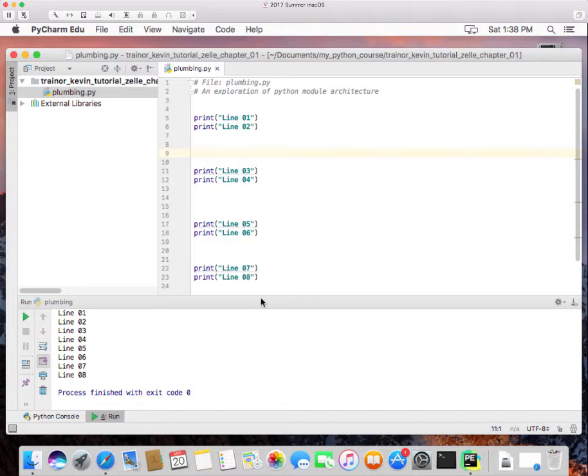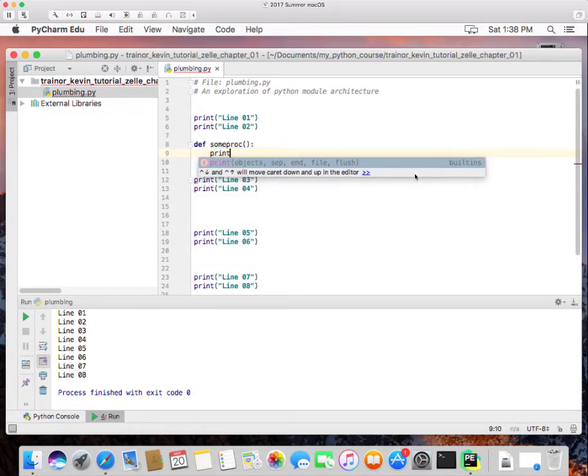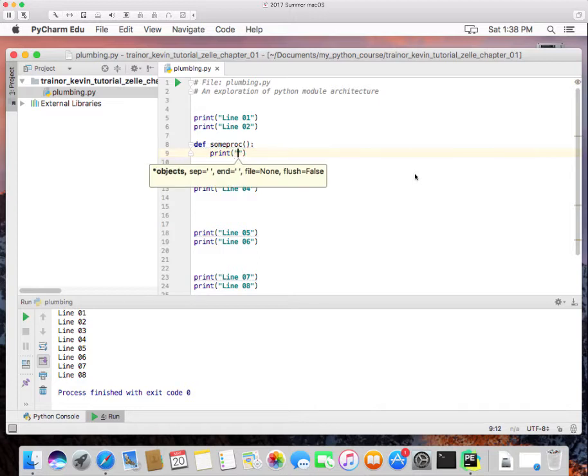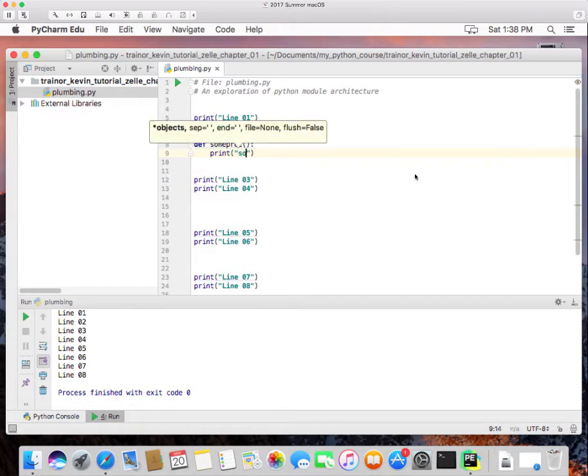Okay, what would happen if I added some procedure in here? Well, what would that look like? Well, let's just do a procedure. Define, def, some proc. It doesn't take any arguments. Ends in a colon. Then we come down to the next line, and let's print something else. Well, let's call this some proc